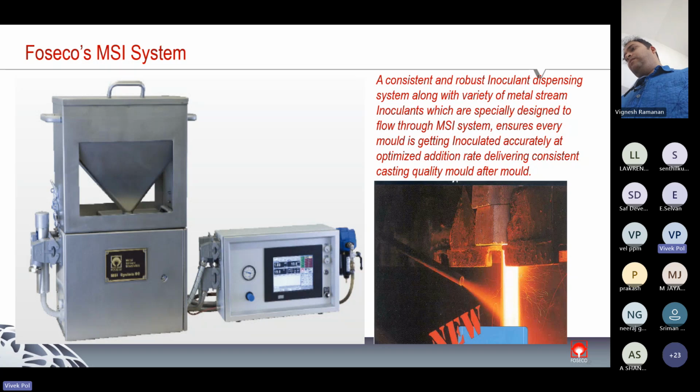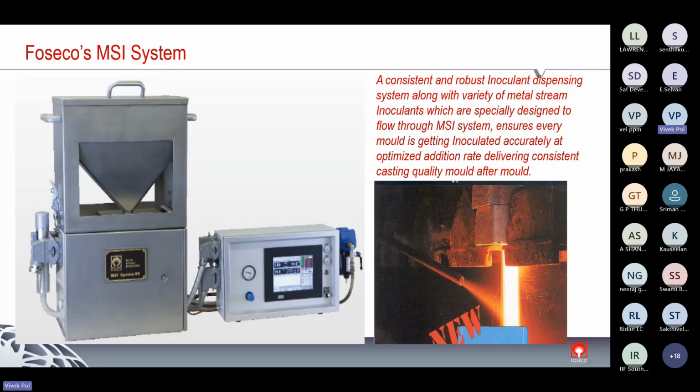So from a quality audit point of view, it is a very important feature, and we can ensure that at least from the inoculation side there is no variation. So maybe we can check on other parameters, and our work for troubleshooting becomes much easier, because we are eliminating an important process variable.